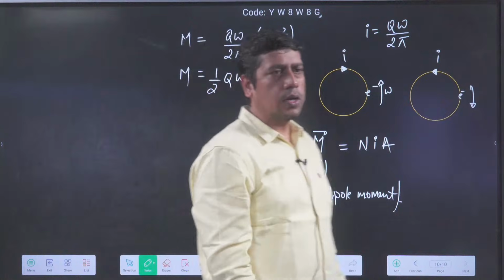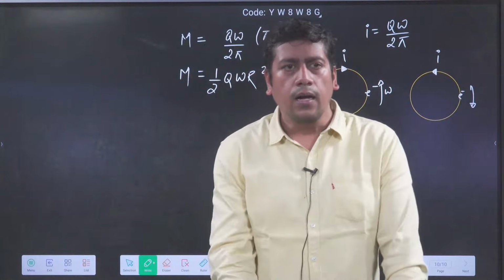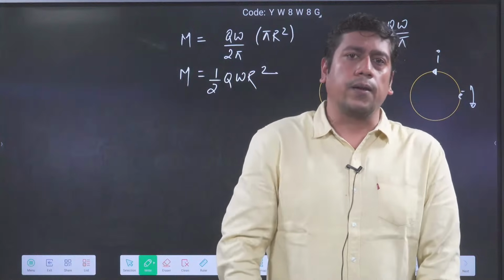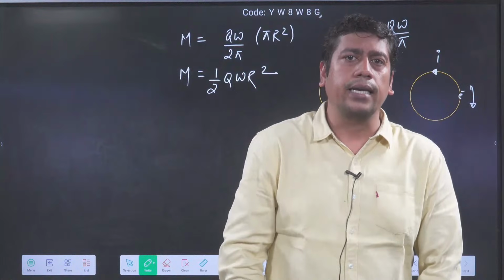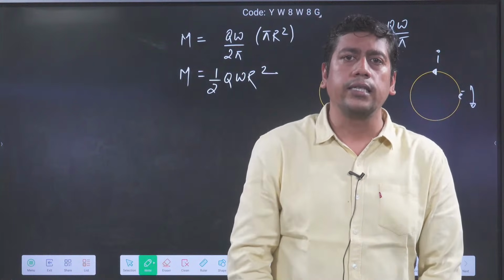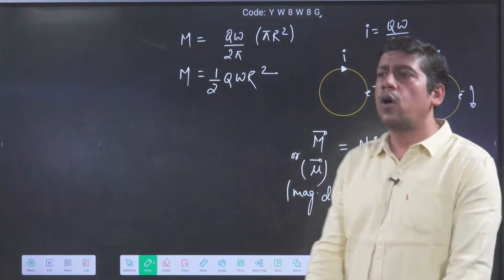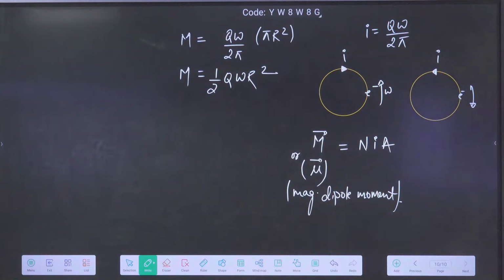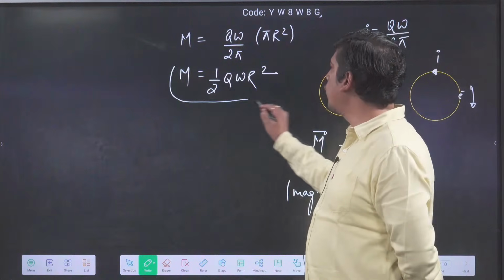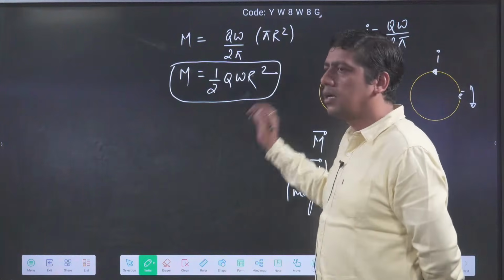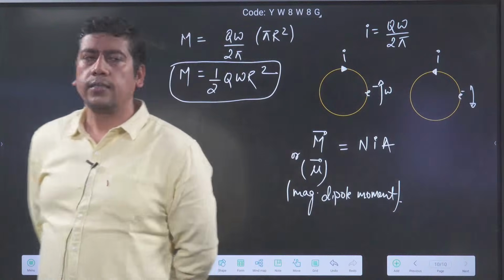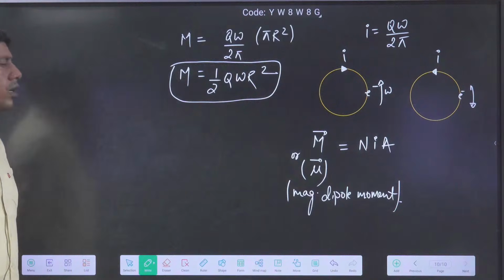Okay? So remember this point. A charge going in a circle has a magnetic dipole moment, either represented with capital M or with mu, and its formula is half q omega r square. Q we will take as e, and the radius and omega of the electron. Okay, now